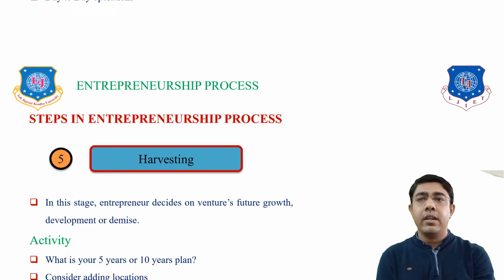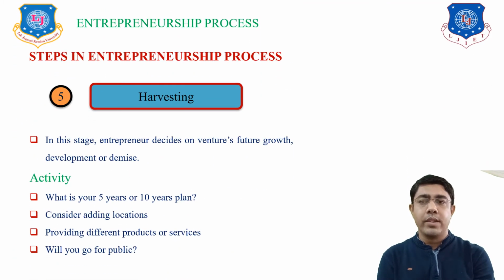And the next step in the entrepreneurship process is harvesting. In this stage, entrepreneurs decide the venture's future growth or development. All these things are decided in this stage. The main activities in this stage are decisions taken for the 5-year and 10-year plans,